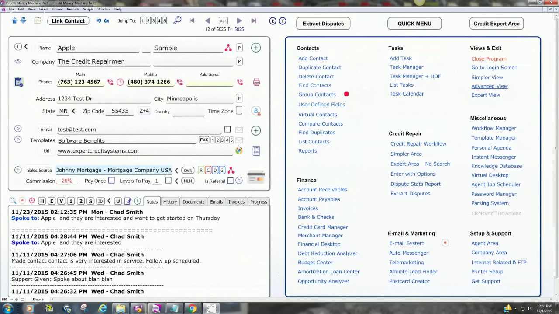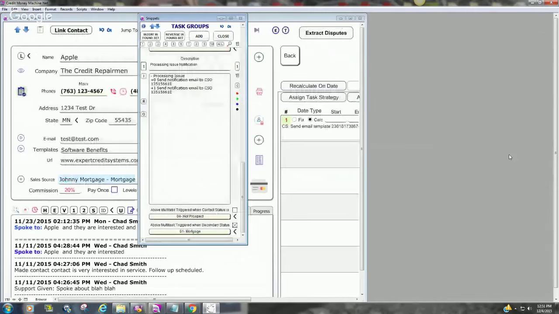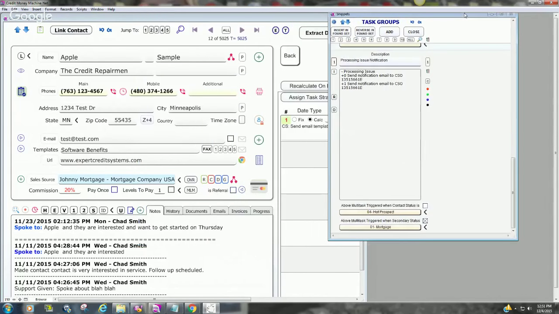Okay. So what we've covered is adding task groups, creating task groups, and you do that anywhere by just going to the task manager and hitting the G for group. And then hitting the add button to add. You just use your keyboard and the enter button to add additional steps, and it's +0